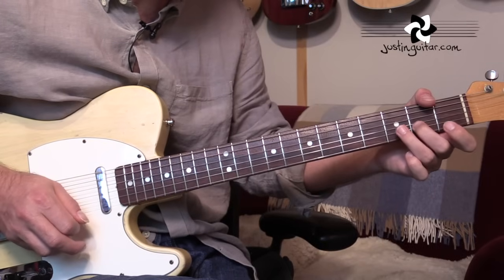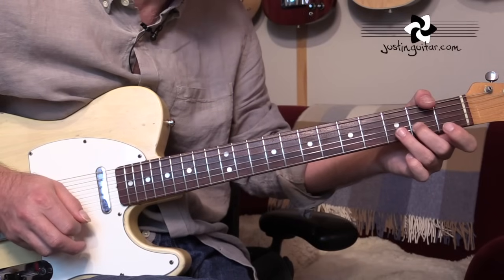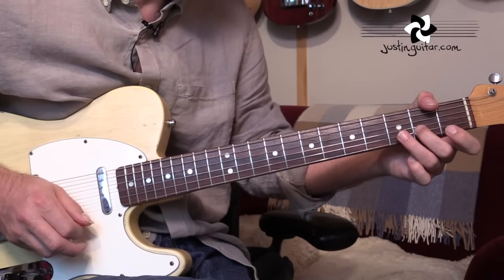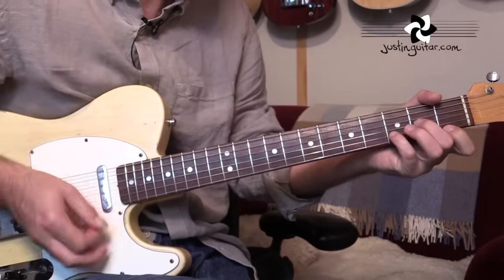Don't be too bothered about notes ringing together in this riff as well. It kind of adds to a little bit of the effect of it, which is totally fine. So now on the original recording,